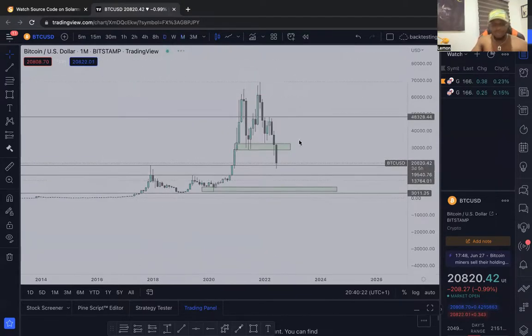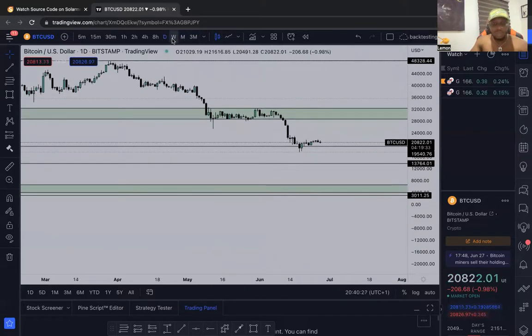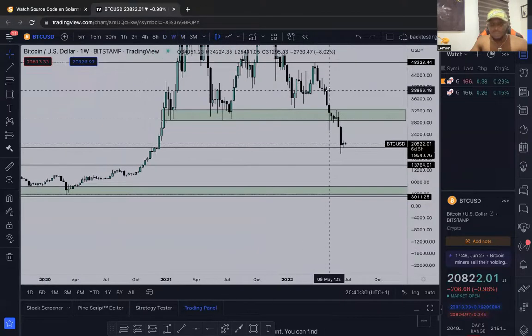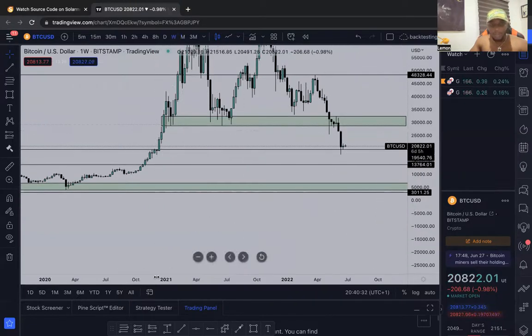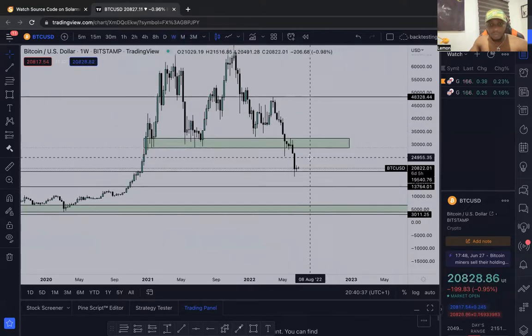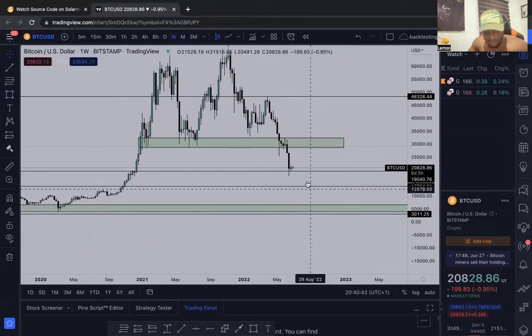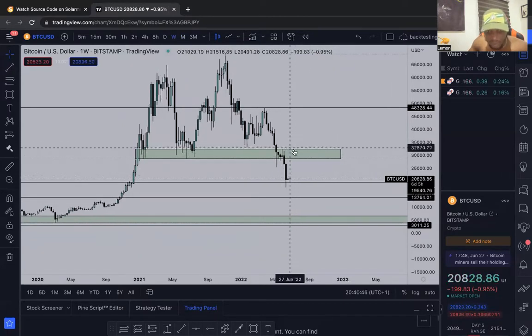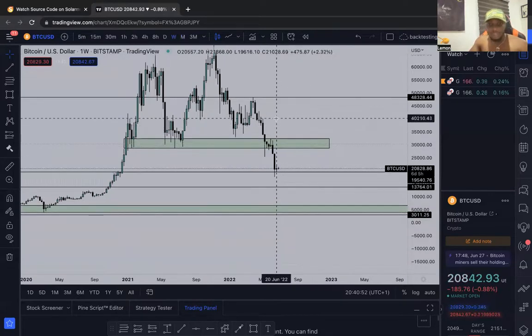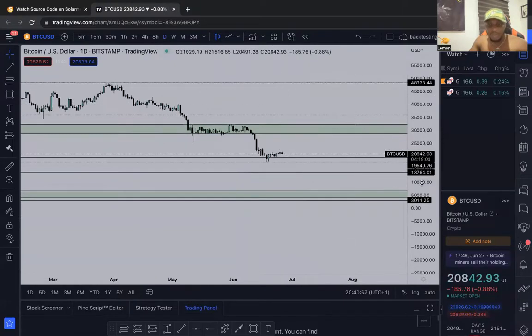Why? Because if you go to your daily time frame, you can actually see, okay, let's go to our weekly. Let's just tell a story through all our time frames. You can see this weekly supply zone here. If we have to go back up to this zone before we come back down, we need to grab liquidity at this zone. So we need to get to probably 31K or 30K before we start going down. But that's not what I'm seeing right now. That's why I said we need to go to a lower time frame.